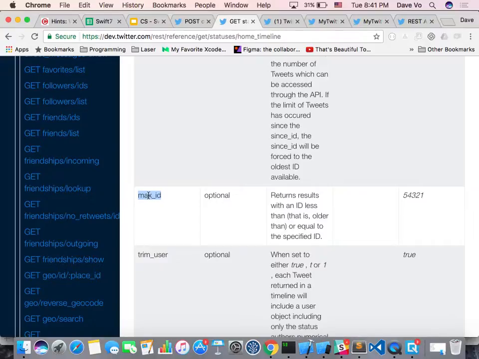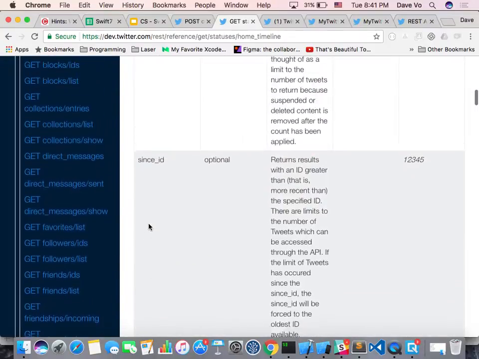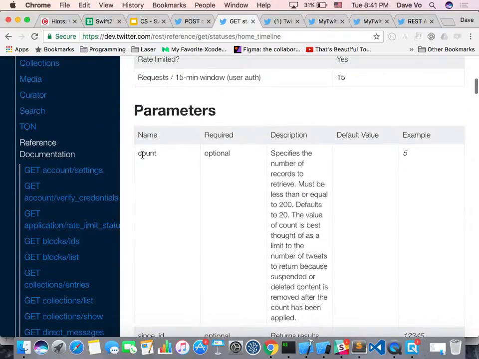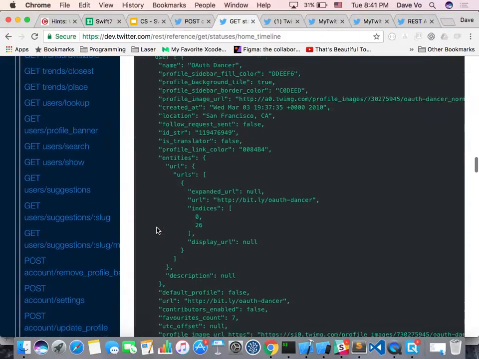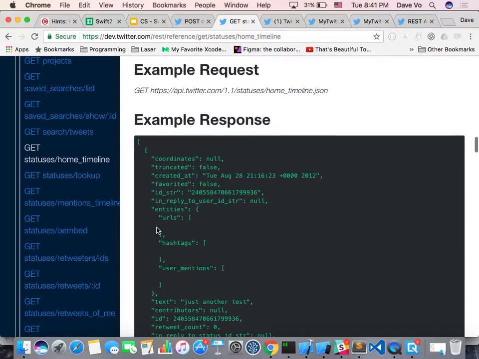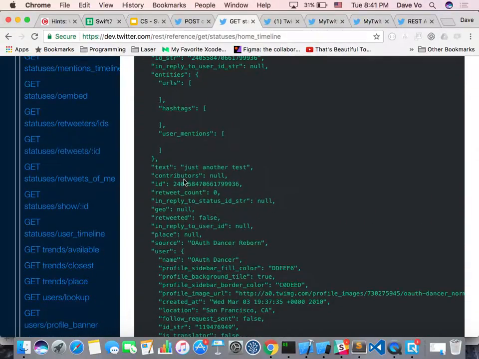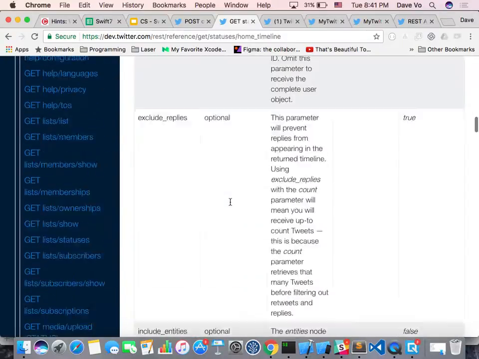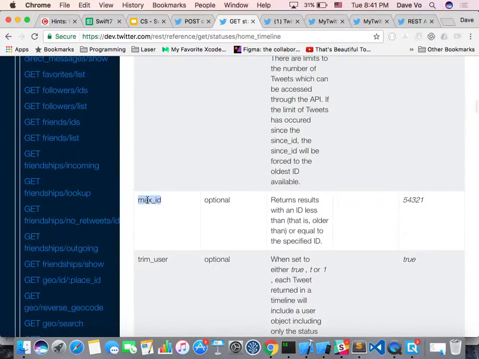infinite scroll, right? For example, at first it will return 20, and it has the ID here, a very long number. You get the ID of the very last one, the smaller ID, and then you say, hey, I want to get another 20 tweets, but the ID should be less than this number, meaning you get the next 20, right? It's similar to